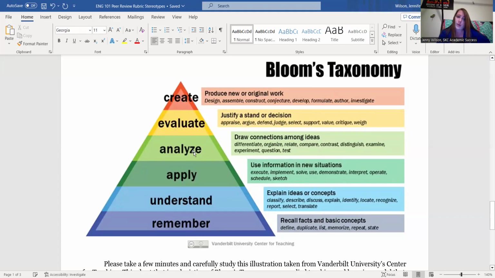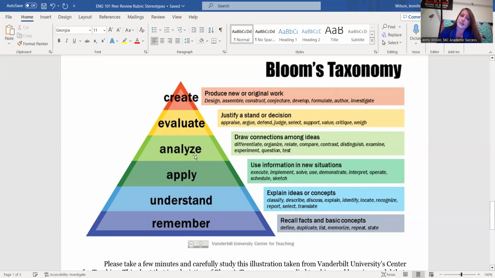If you can show me that you can analyze something, like here's a graph, here's a statistic, 15% of youth in this particular population have experimented with fentanyl or something like that. Well, what does that mean? Analyze that one statistic for me and explain in your own words, should I be concerned about this statistic or not? And if so, why?